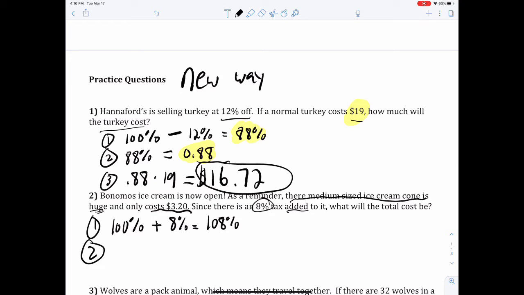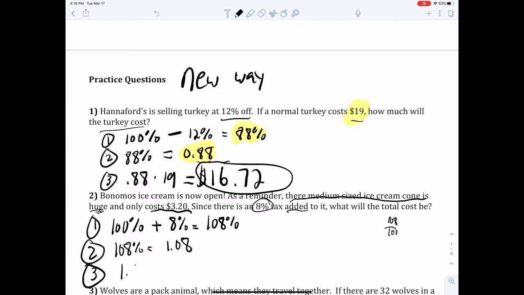Step 2, convert it to a decimal. 108% as a decimal is going to equal 1.08. How do I know that? You just do your percent and divide it by 100. And then number 3